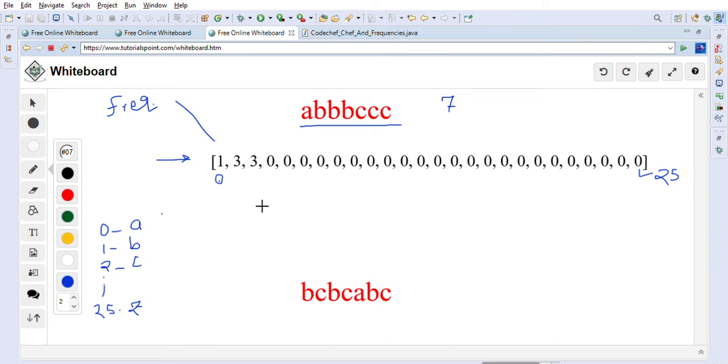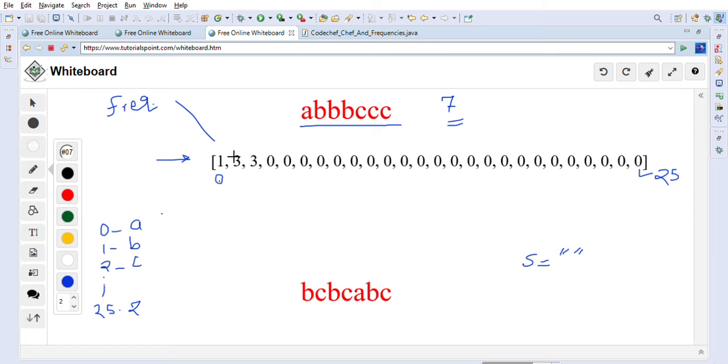After this is done, we will take one string S. Let's say S is equal to an empty string in the beginning. Until the length of S is equal to the original length, until it becomes 7, we will keep looping, and we will try to find a character with maximum frequency but lexicographically smallest.